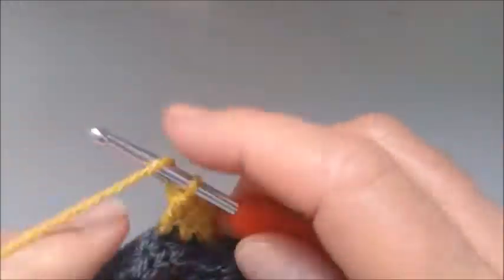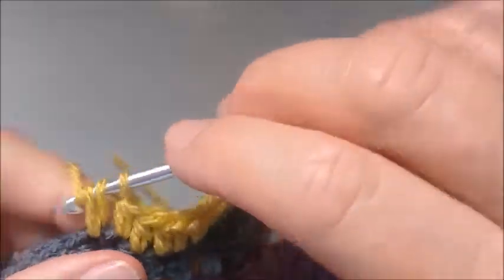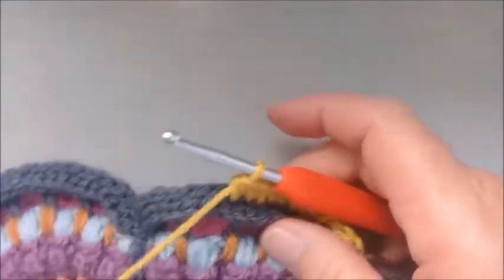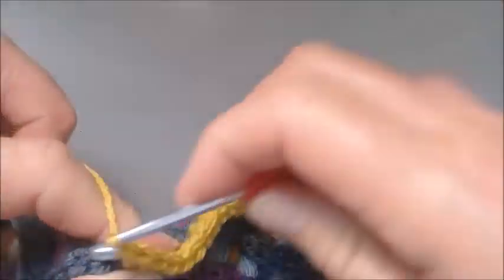And then after that, you're going to be working into the spaces between the next 14 stitches from that previous round. So it's not round 33, it's round 32, okay? And we're working between the stitches of that round, like so. And we're going to work 14 of those. So 1 2 3 4 5 6 7 8, 9, 10, 11, 12, 13, 14. Okay,